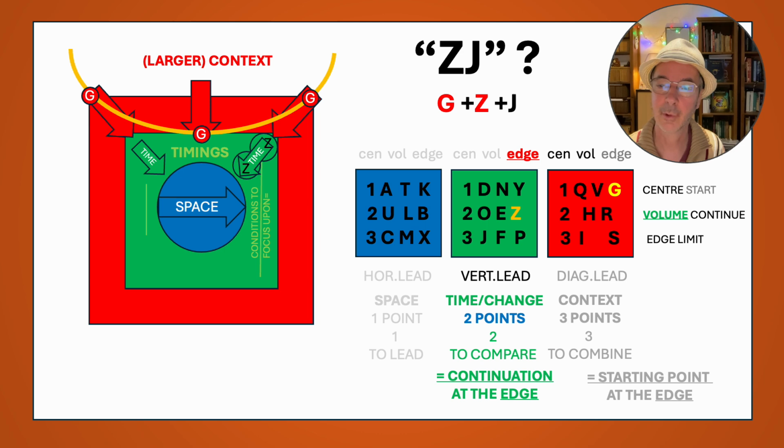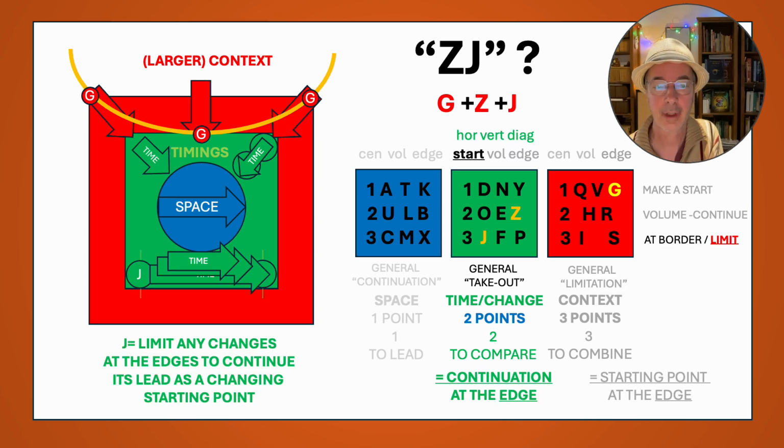It's going inwards in the volume, meaning in the processes themselves. The processes themselves are going inwardly at the edge, but into the changes themselves. So there's a kind of continuation of the process that is going inwardly. That's how you can understand the Z. Whereas the